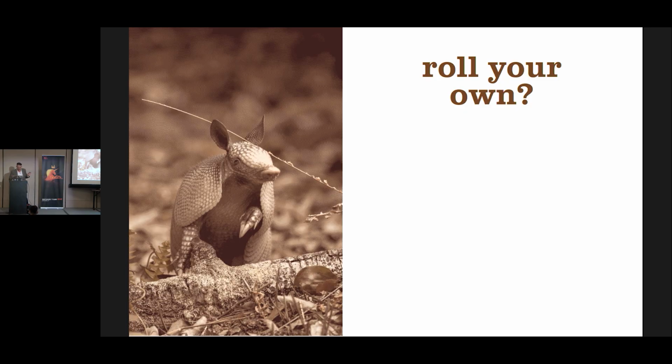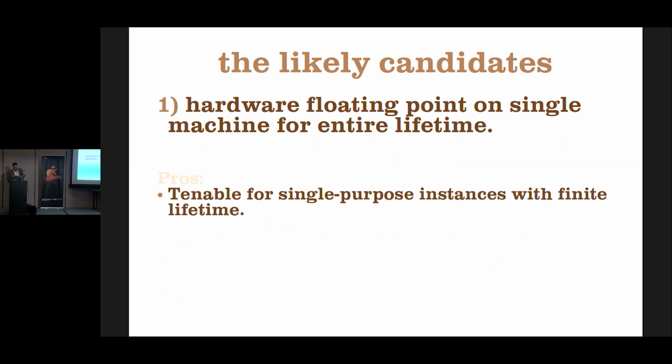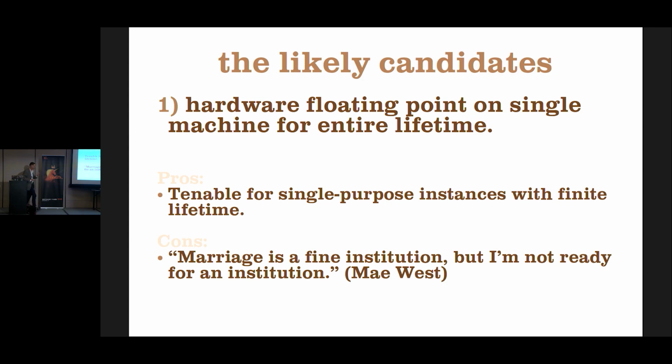And so right now, if I look at the candidates that I consider most likely solutions here, the pro of going to hardware floating point on a single machine for its entire lifetime is that it's good for a finite lifetime when you know you're going to be running that system there. The con is that things may not actually work out that way. You may not actually want to be running the same machine. We don't know what the future architectures are going to look like, and we'd like to have full event log replay on any future system. So probably not ideal for most applications that people are doing. But again, for something like bots, it's absolutely fine.